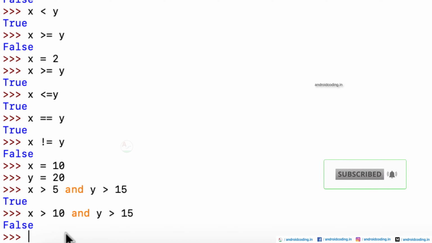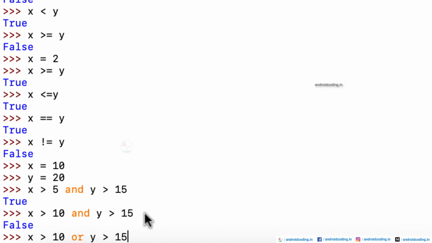And also let us try to see one more condition where either the objective or the subjective, you need to pass at least in any one of the exams to make your final result of the exam to be passed here. So for that, let us see x greater than 10. So let us consider the second condition again, and this time we are making it as or, and y greater than 15. So in the previous condition you have failed the exam, and now you will be getting the result as true and you will be passing this exam.